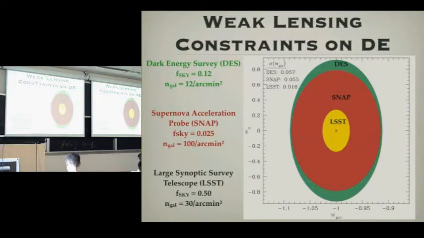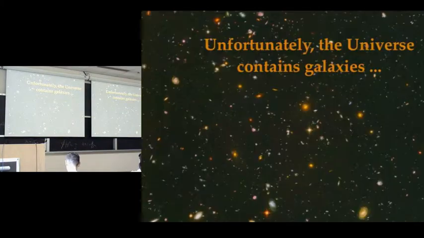And now we'll get to the point of what this talk is about, which is that there are galaxies in the universe. They tend to complicate things. Okay, unfortunately, I'm being a little sarcastic. We know about that. Those are the things being lensed, right? But they make the predictions a little bit more difficult. Okay, that's the upshot here.